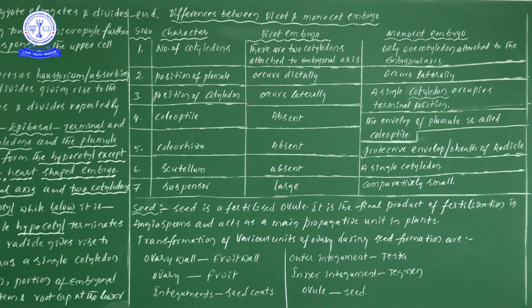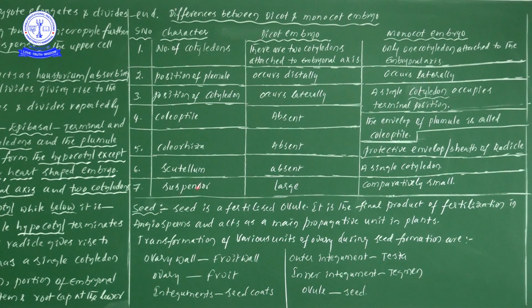One more time you see there, coleoptile protects the plumule. Coleo is common, so tile and rhiza is there. So P protects the plumule and R protects the radicle. Likewise I have given the information. Next one, scutellum. In a monocot embryo, a single cotyledon is present, and in a monocot embryo that single cotyledon we consider as scutellum.